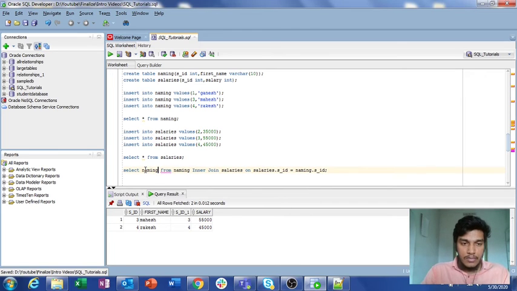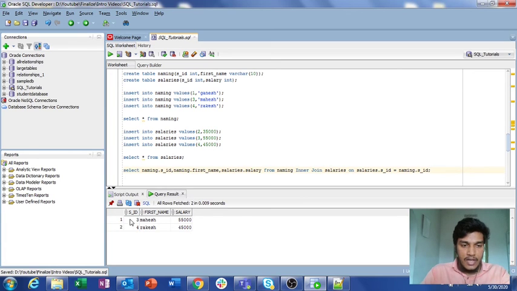So I am writing naming dot s underscore id comma, and then naming dot first name, and then comma, salaries dot salary. I only want these three values, I don't want the second SID column. So I am just executing it again.